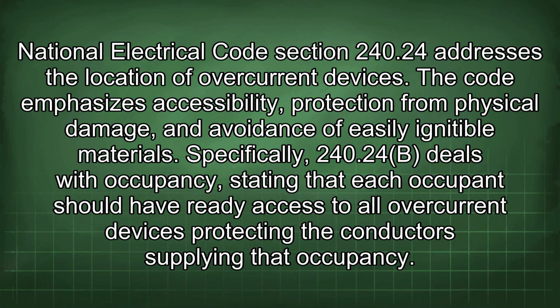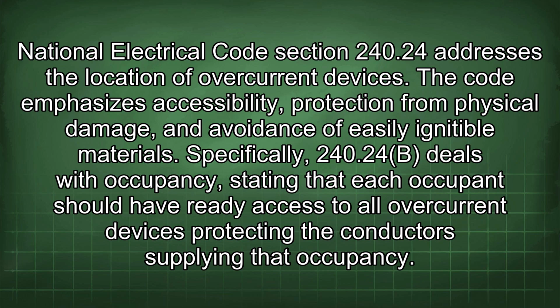National Electrical Code Section 240.24 addresses the location of overcurrent devices. The code emphasizes accessibility, protection from physical damage, and avoidance of easily ignitable materials. Specifically,